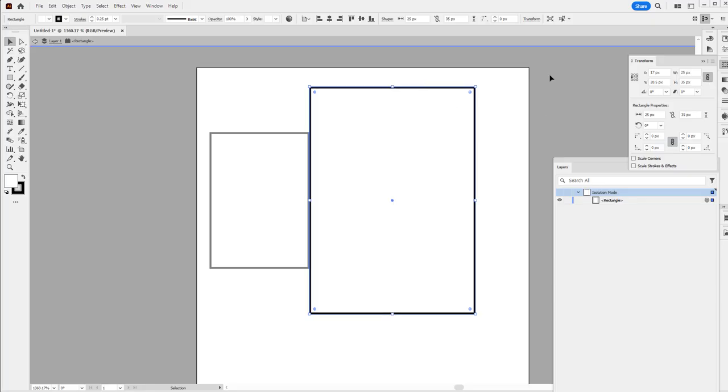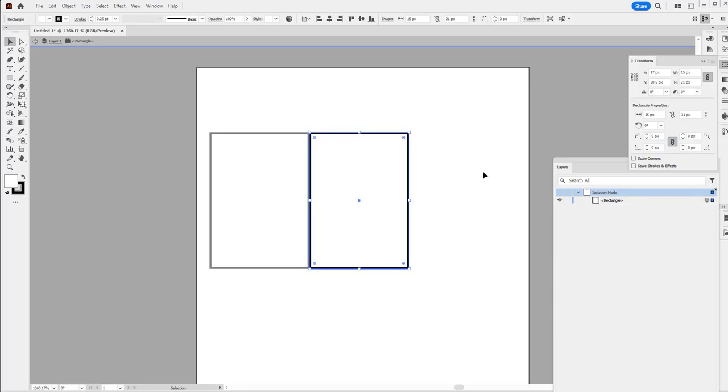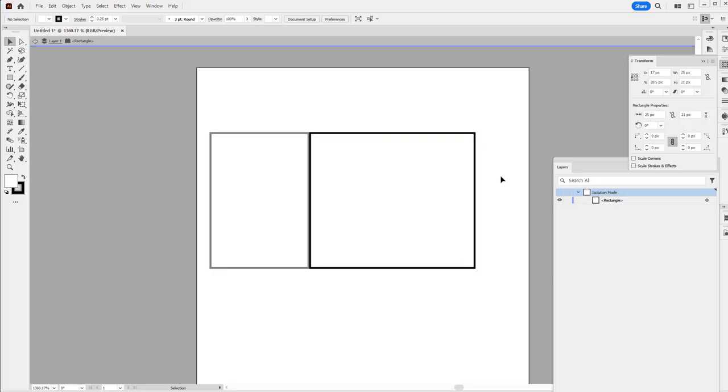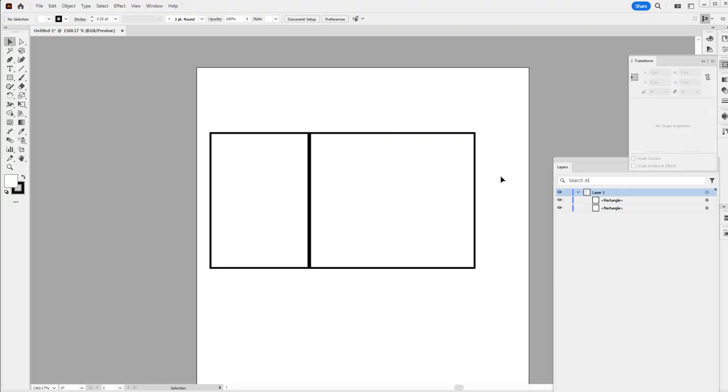So we need to Control Z. We need to unlink that one so that it will change only the width of this section. Okay. So again, first click this section here at the center, then unlink, then change to 25. So that's it.